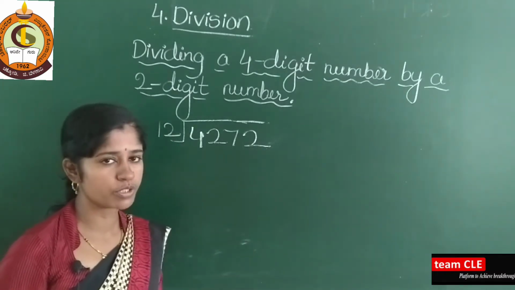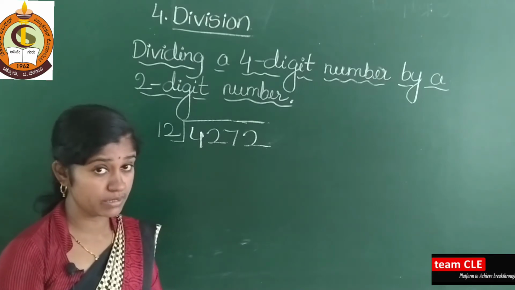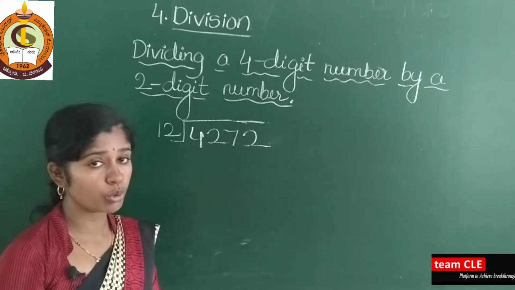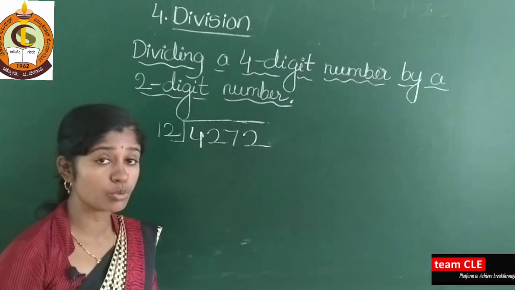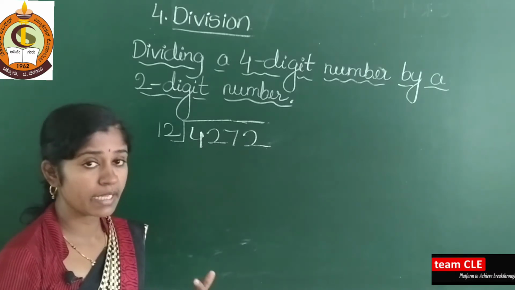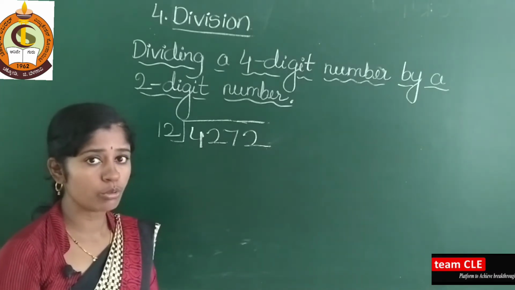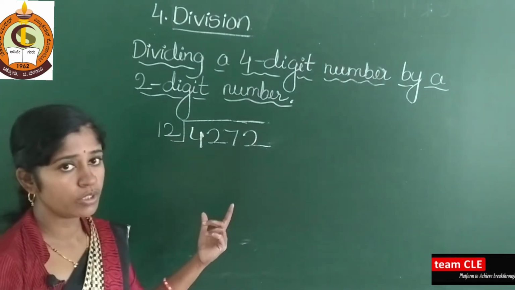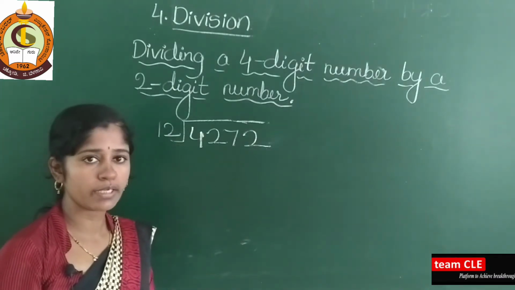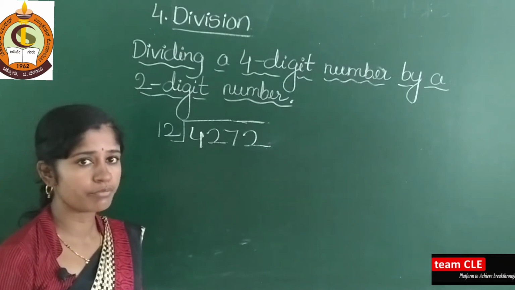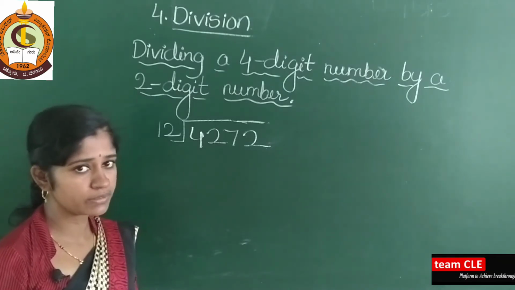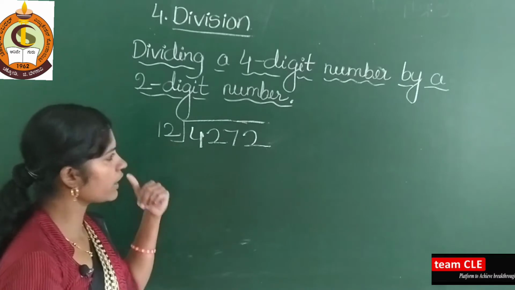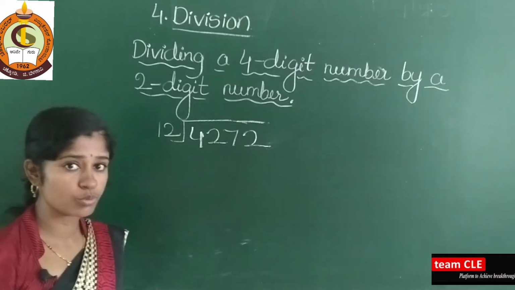I know most of the students know the 12 to 20 tables, but for those who don't know the tables, at least you know the 2 to 10 tables. Then I will show you one trick for how to write the 12 ones table. Not only 12, if you know this trick, then you can write the 13, 14, 15 tables, all tables very easily. So how to write this 12 ones table by using that trick?